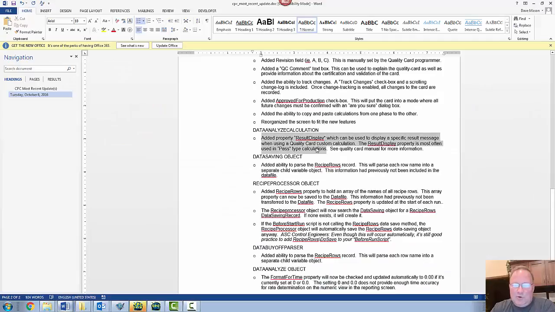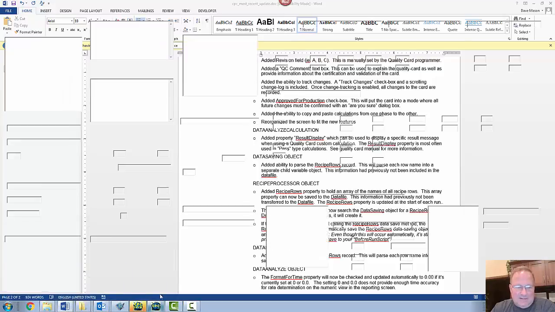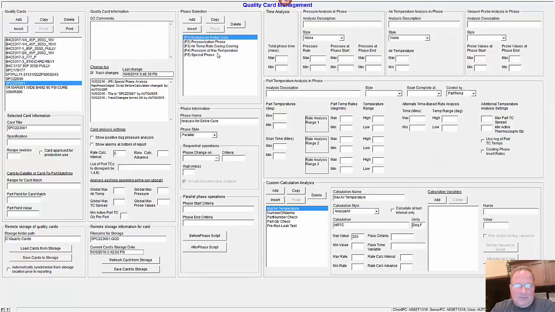There's a new property in the data analyze calculation object called result display, and that's kind of nice. What that does is, if I run a special calculation, and I'm going to show you some of that, here I want to run a calculation where I check the part quantity in the run. Actually, let's check part number check. This is a calculation called part number check. It's analyzing once at the end of the